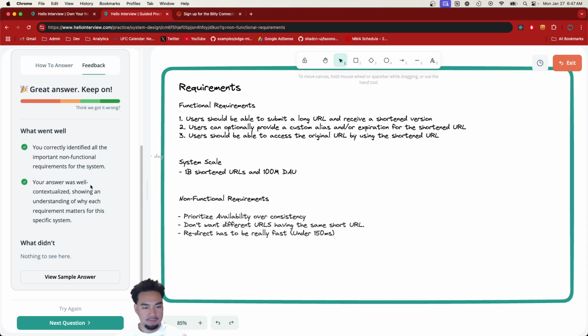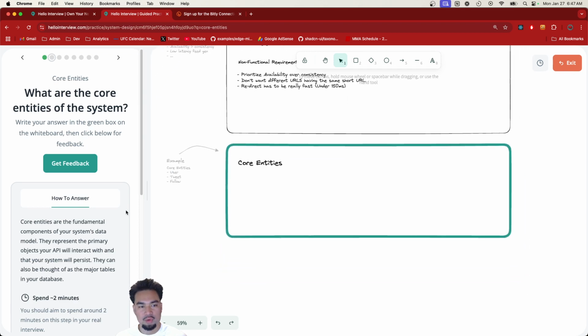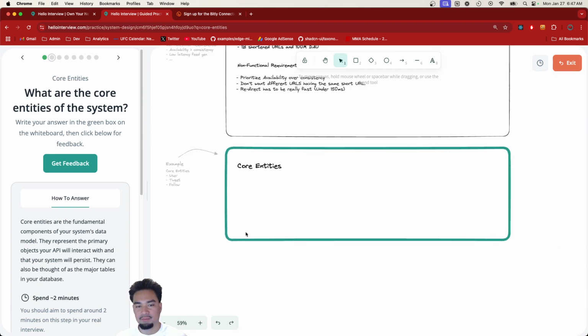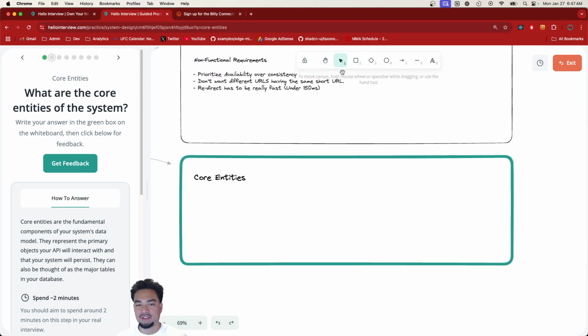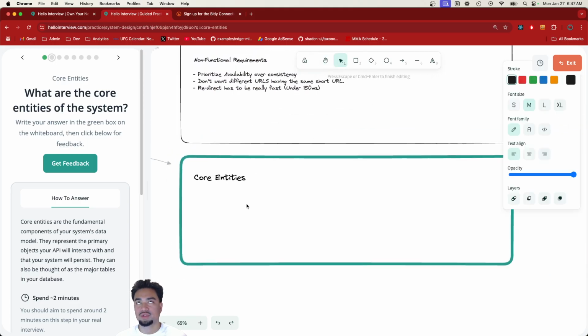Cool. Let's get straight into the next part. What are the core entities? I think here, when we list out the core entities, let's just list it out. We start listing out a little bit of our data model. So all I see right now is we're gonna have some sort of URL, and we're gonna have a URL ID, kind of a unique ID, and then we're gonna have a long URL, and then the short URL version,